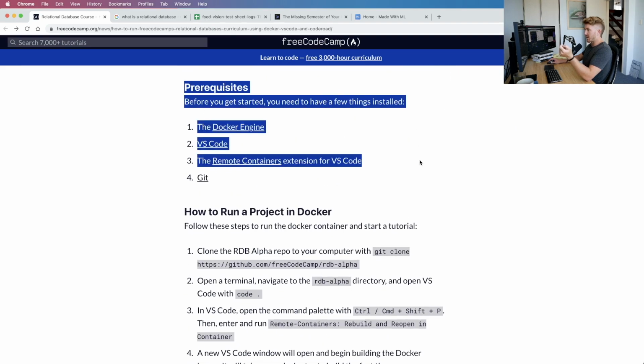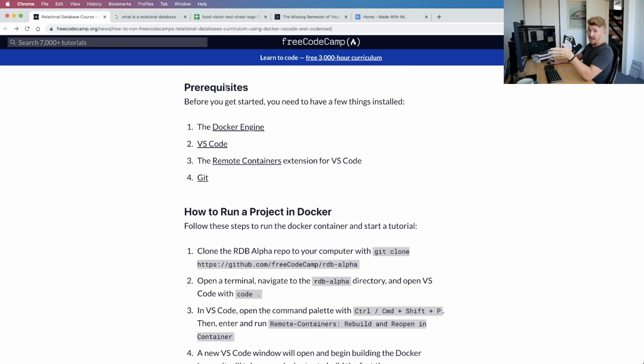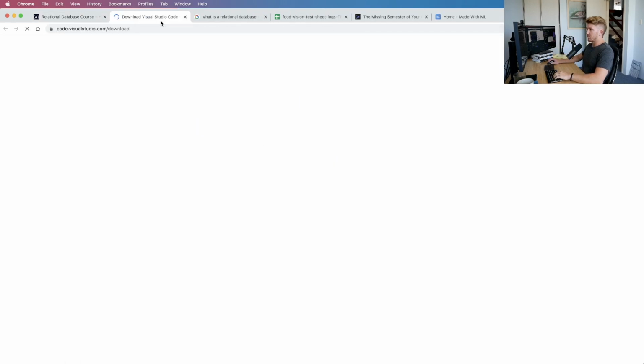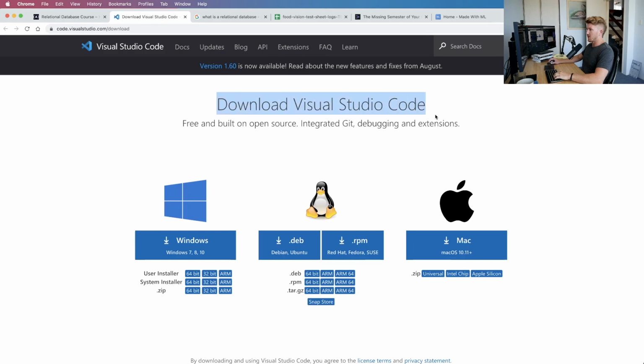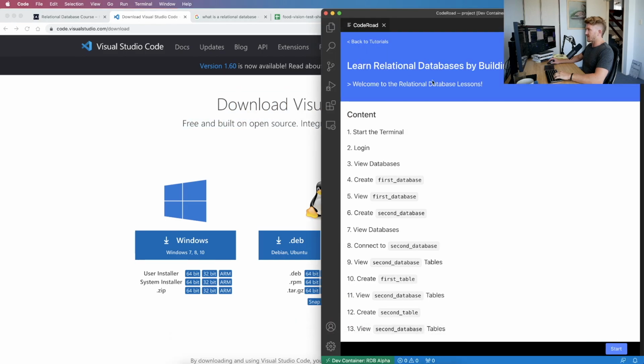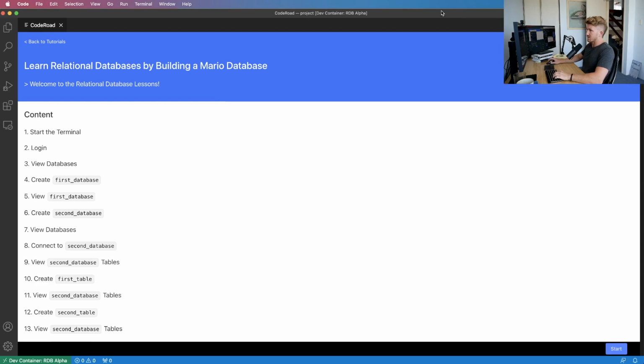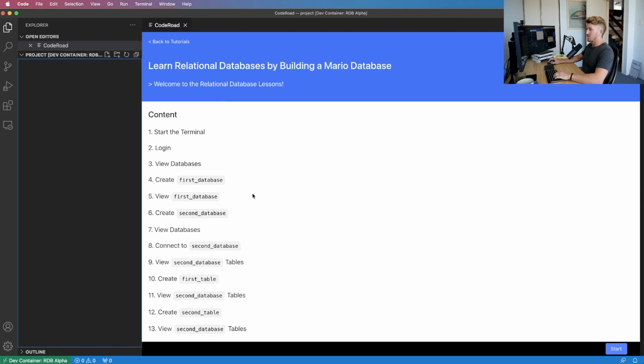Now, to run this, you have to go through a few steps. I've already done these steps to make this stream a little bit more seamless. But the steps are quite straightforward. If you've ever used VS Code, you'll be able to do this. VS Code is an IDE. It looks like this. This is what it looks like already set up. This is essentially where we're going to get to if you go through the steps. And then if we go back to Chrome,